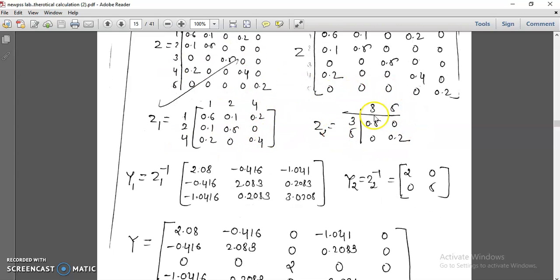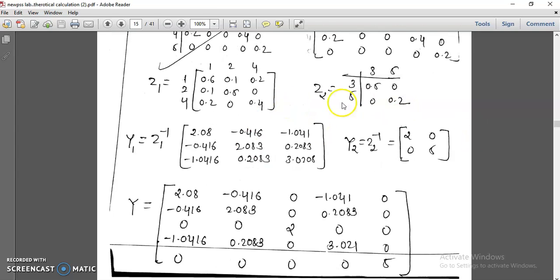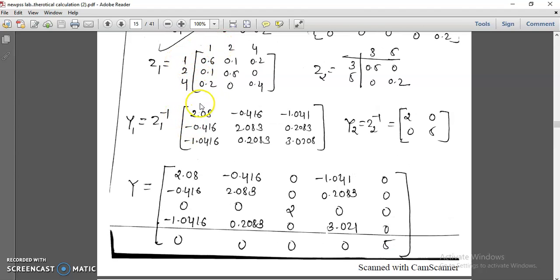Now for each individual matrix you do the inverse. Z1 gives Y1 and this is Y2. Do the inverse; in a calculator you can do it easily. Once you do the inverse, you will get the values. Now just fix these values in the matrix. Okay, already this is 1 1. This is 1 2 4 and this is 3 5. The 3 to 3 value is 0.2. So now write here 1 2 3 4 and here also 1 2 3 4 5. You write the numbers here, then you will get it easily.